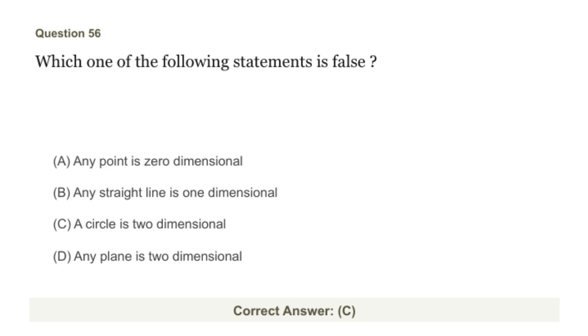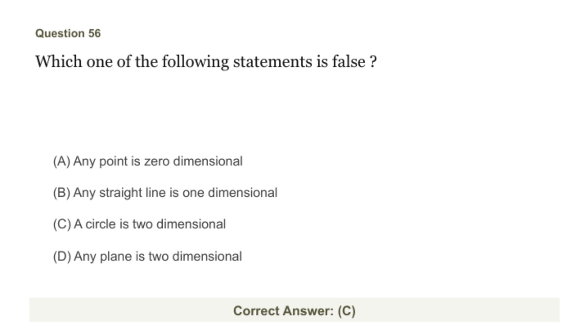Option C states that a circle is two-dimensional. This is correct because a circle has both length and width. It occupies an area. Then, option D claims any plane is two-dimensional, which is also true since a plane extends in two directions. So, the key here is understanding the dimensions associated with these geometric figures. The important concept to grasp is how dimensions increase as we move from points to lines, and then to shapes like circles and planes. When we identify the false statement, it helps reinforce our understanding of how dimensions are assigned